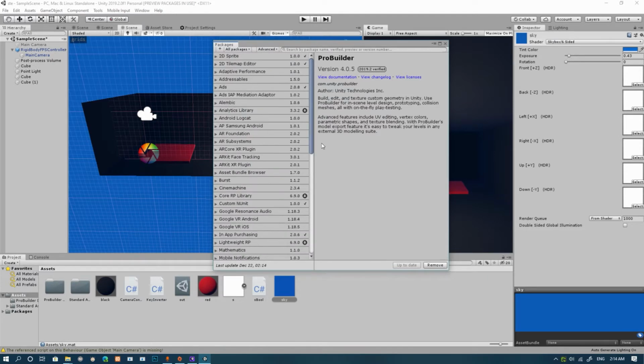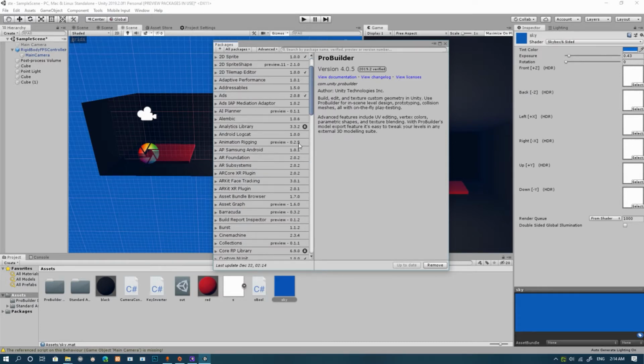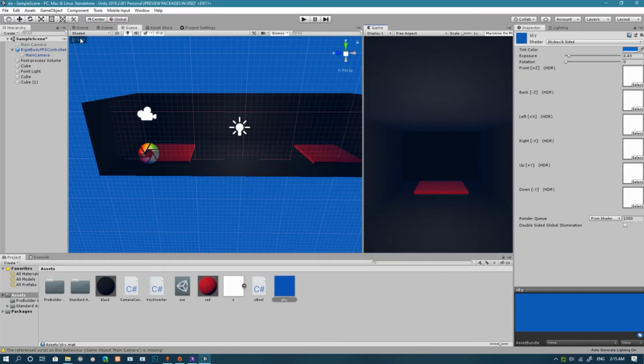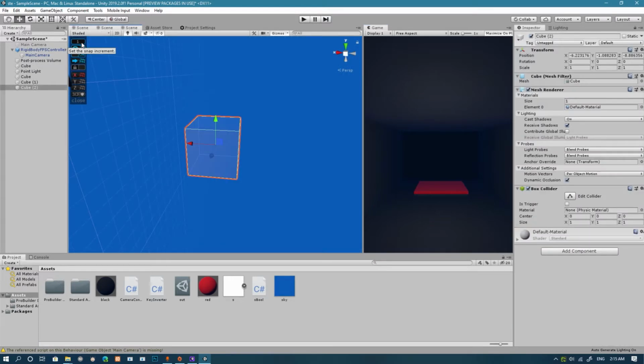The other one, ProGrids, however, won't show up unless you enable preview packages. And once preview packages shows up, it will show ProGrids. A quick overview of what ProGrids is. Up right here, the top, this number on the ProGrids menu thing shows how far you want the cube to